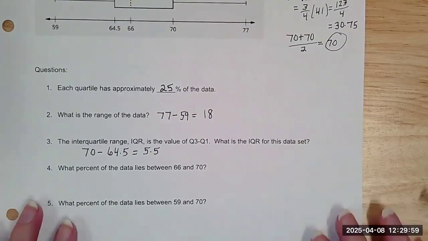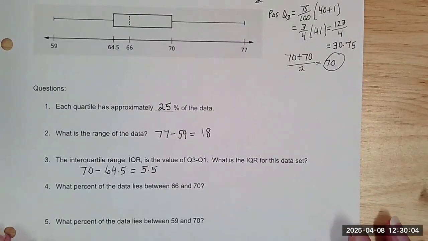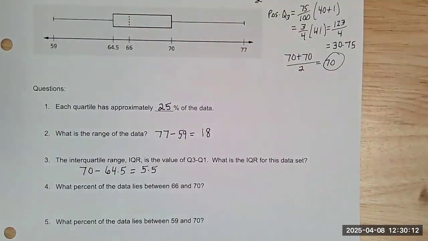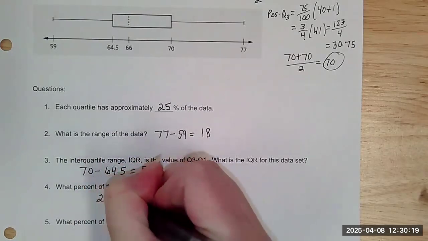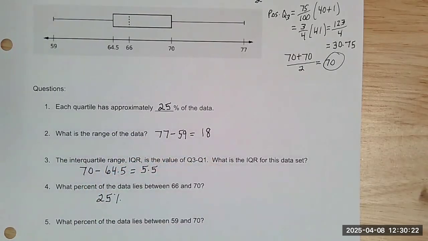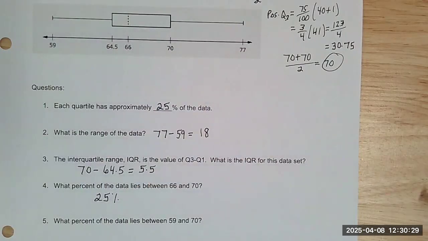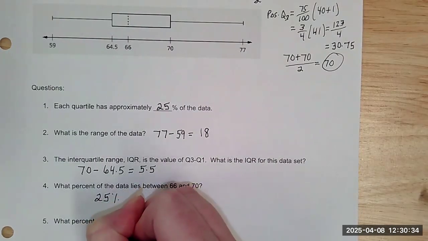Okay, a little bit more critical thinking here. So let me make it so we can still see the box. What percent of the data lies between 66 and 70? Perfect, 25% of the data. All right, slightly more challenging. What percent of the data lies between 59 and 70? Perfect, 75%. So if you're wondering how they did that,